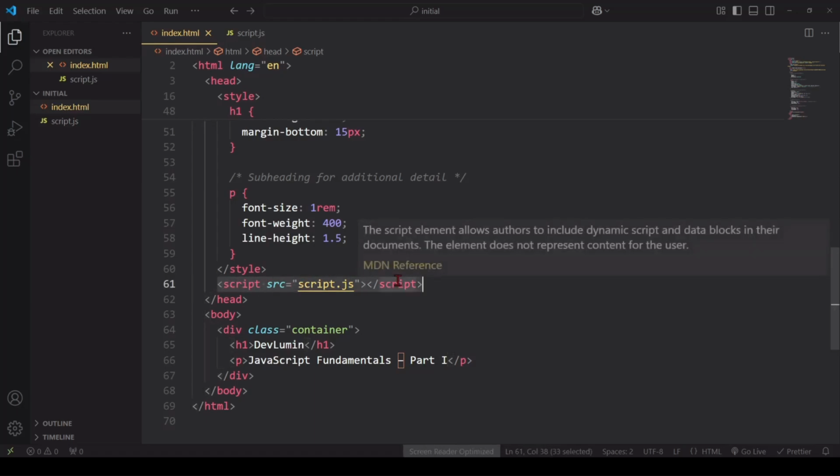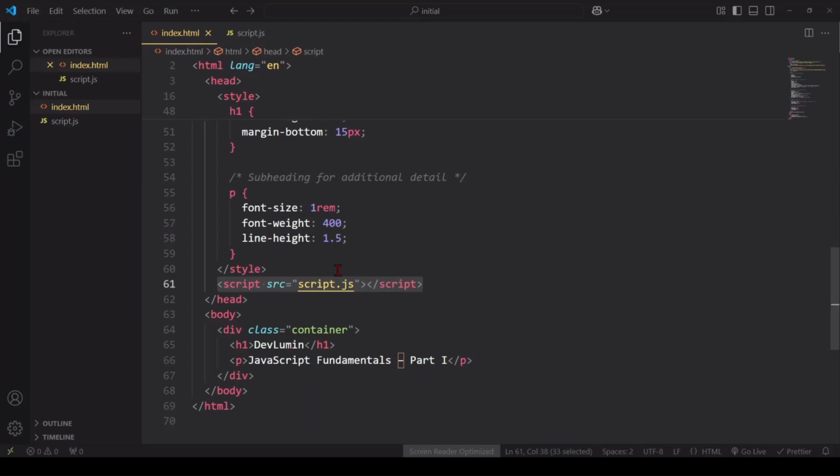Common errors which occur during linking the script file: ensure that the script.js file is in the same directory as the HTML file. So it must be in the same directory. As you see, it is in the same directory, the initial folder, with index.html and script.js.